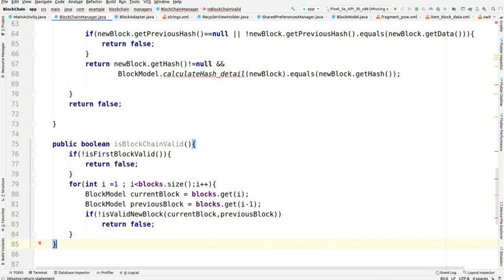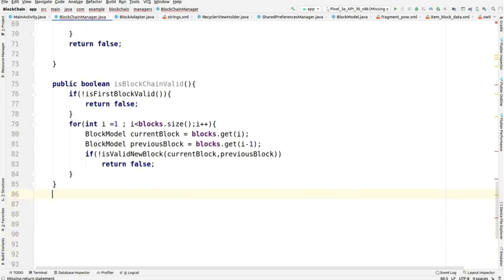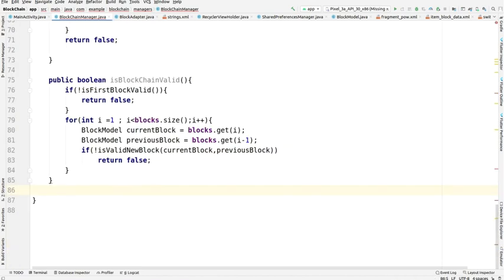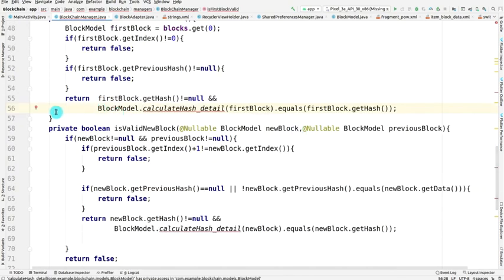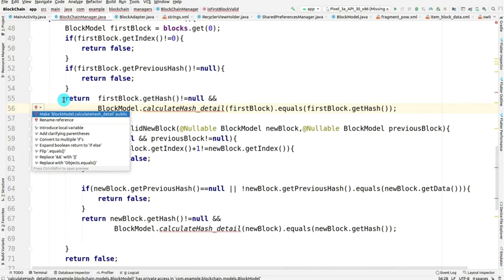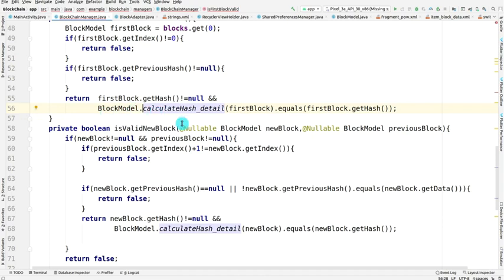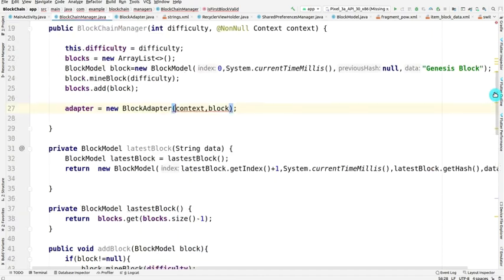Okay, so this function is also completed, and let me remove this extra space from here and see what is necessary. Let me add the return statement, as if and for have their return statement, the function should have their statement too. Now I am removing the error, make it public. Okay, so make it public. One error is removed. Let me go for another error. So we just have to change it to the block context.